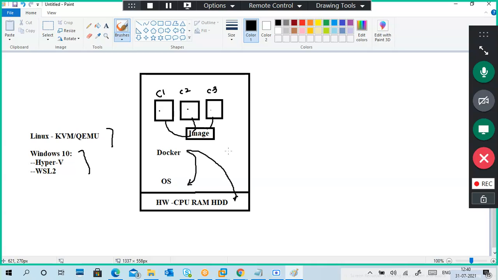So instead of creating multiple virtual machines, you can create multiple containers and give the web services. Okay, web application deployment you can give, so my users can connect to your website. So this image means an application or an operating system or anything.